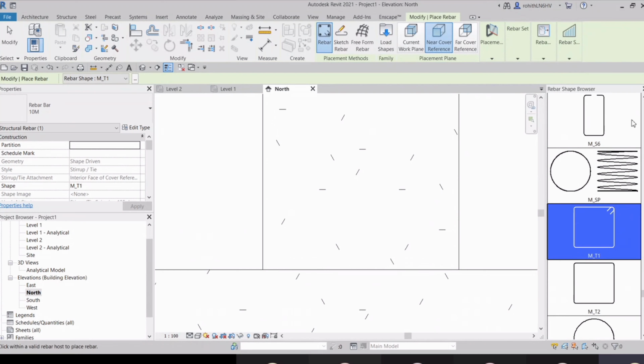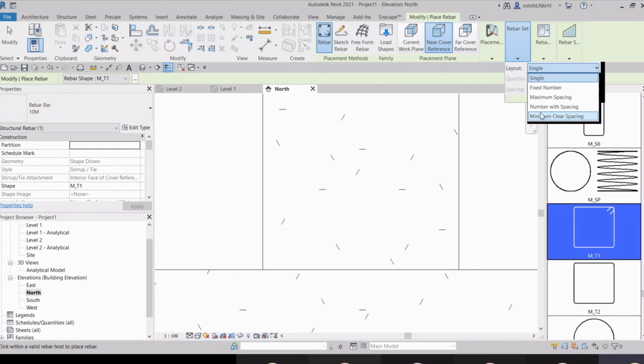And then you have this rebar set. How many stirrups do you want to place? You can go with this maximum spacing, and if you want to specify how many stirrups there will be, if you know that, you can go with this fixed number. If you know the spacing, you can specify that.